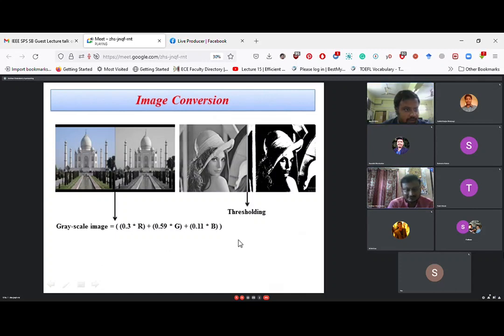Several other formulas can be formulated, but this is more popular, because it determines a grayscale image which is more soothing for the human eye. Otherwise, you will get a grayscale image also, but that may not be so soothing. It may be of high contrast, or it may not be perceived clearly. But in this way, with 0.3 R, 0.59 G, 0.11 B, the grayscale image will be more or less similar to the color image, as you can see here. Yes, these are the questions I had.